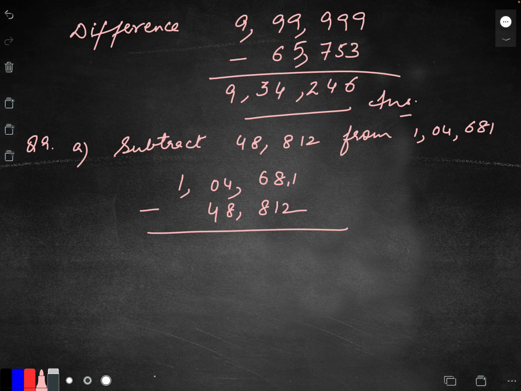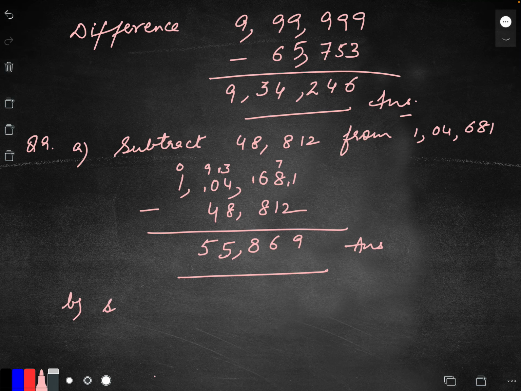Subtract means find the difference. 11, 7, 16, 3 remains here. Make it 13. First it will become 10. 9 will remain here. This will become 0. So this is your answer.